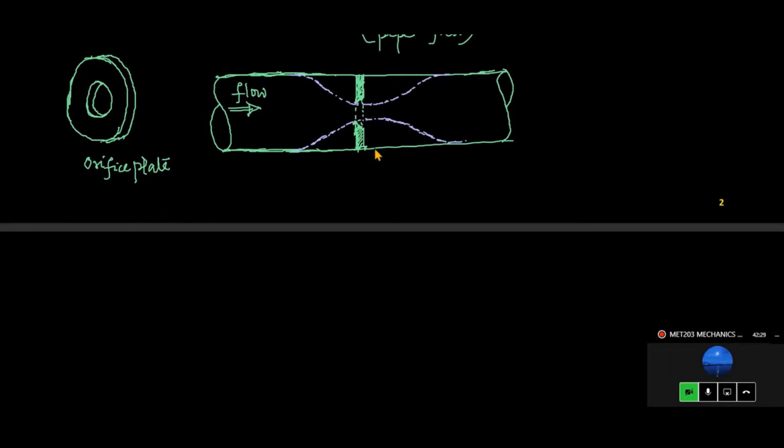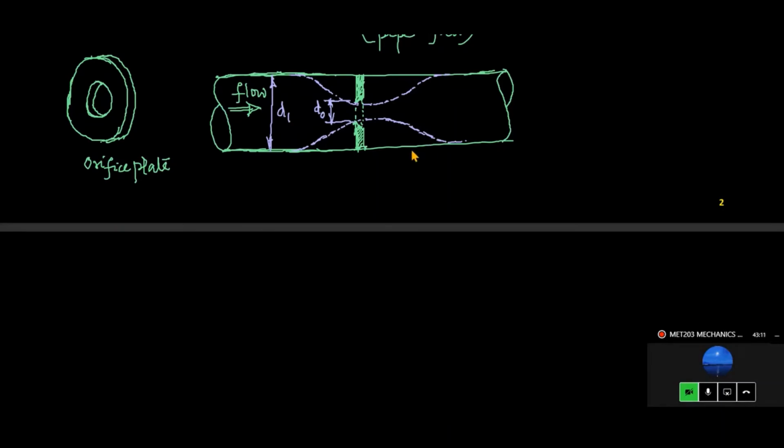So what is shown over here, there is no physical part like convergent diverging portion, but the flow is taking a deviation like this in the presence of the orifice plate. That you should understand. And then the diameter, see the orifice diameter is this one. Let me write this as D naught, D suffix O. Then the pipe diameter, let me write this as D1.